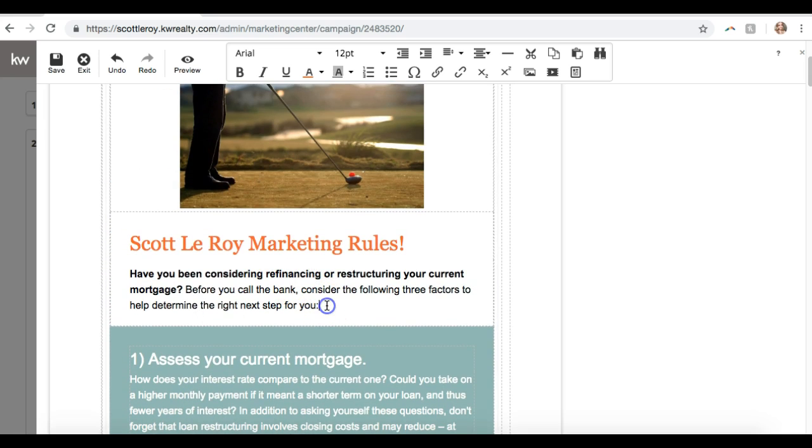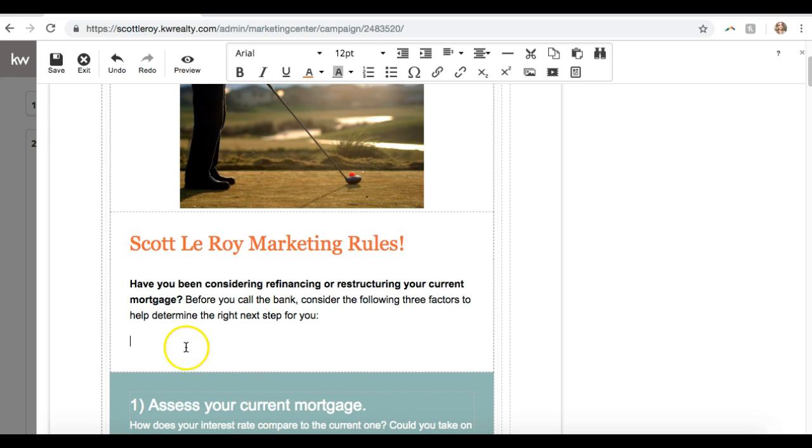Let's say you wanted to add a video. So I'm going to put my cursor where I want to put the video. I just clicked here and hit enter, and that moved me right down here. And we can actually add a video in here. So I'm going to click this little insert video button. It looks like a film strip with a play button on it. If you wanted to add a photo, you could hit insert image and it'll take you through the same process we went through with this. But I'm going to click insert video,